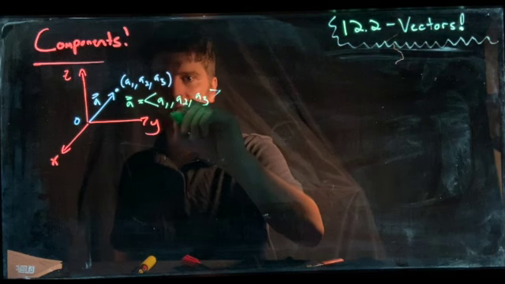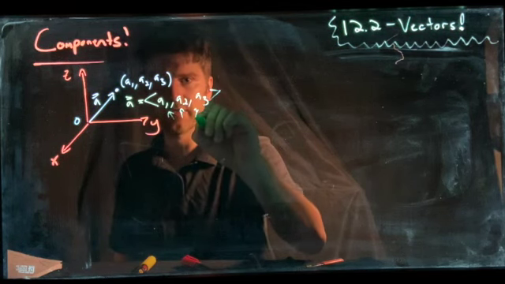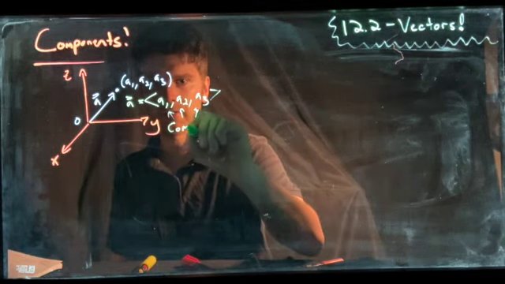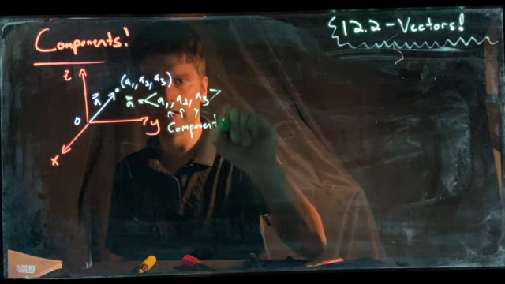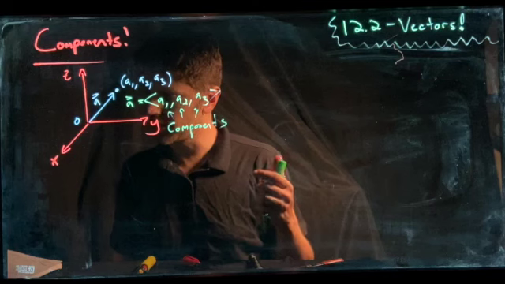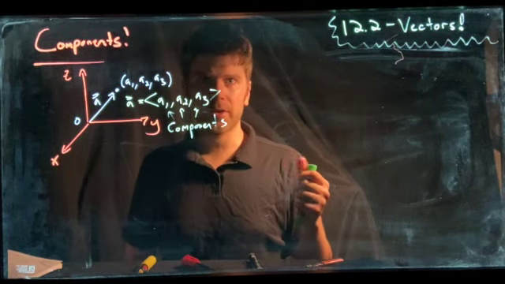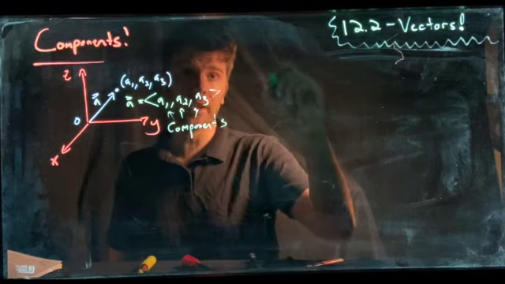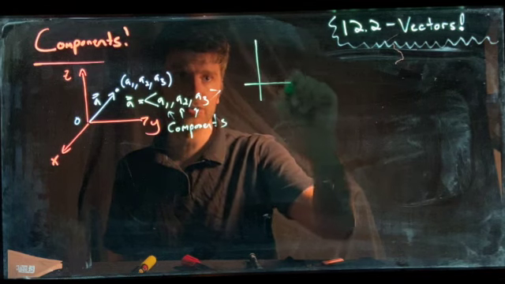Now these three numbers, A1, A2, and A3, have a very special name. These are called the components of the vector. A1 is the x component, A2 is the y component, A3 is the z component. And again, why do we distinguish them? Because remember, you can pick up vectors and move them around. So to use a 2D example,